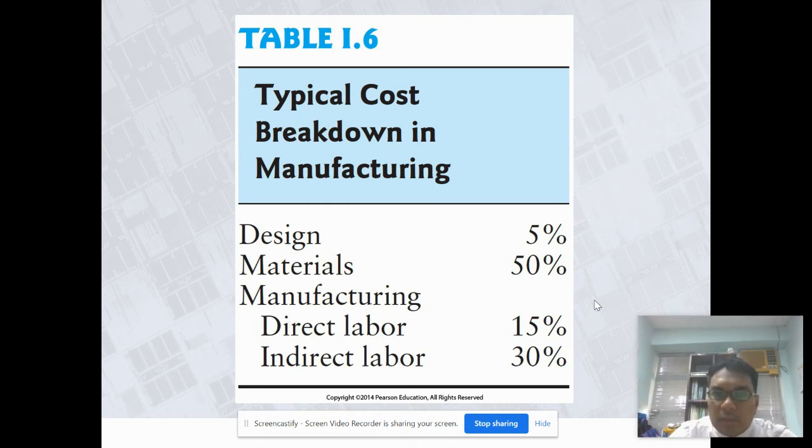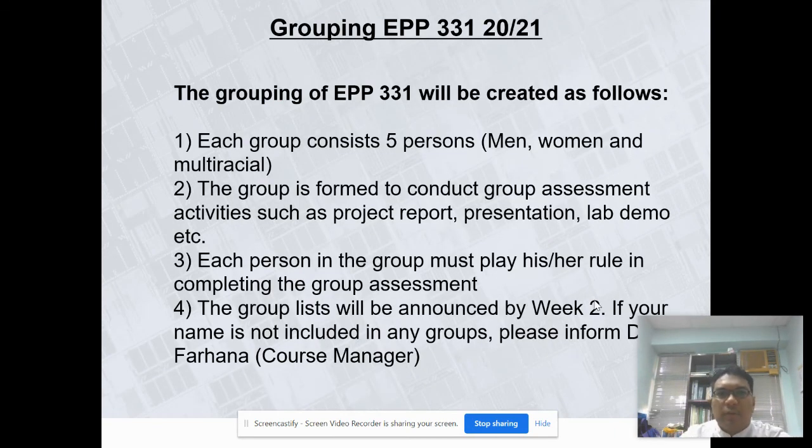So just for the end of the class, I have already attached the list of groups for EPP331. Each group consists of 5 persons, in a combination of men, women, and also multiracial members. The group is formed to conduct group assessment activities such as the project report, the presentation, lab report, etc. Each person in the group must play his or her role in completing the group assessment. It's not a